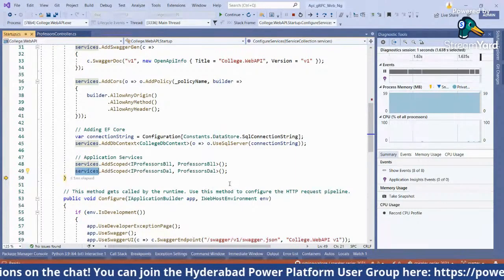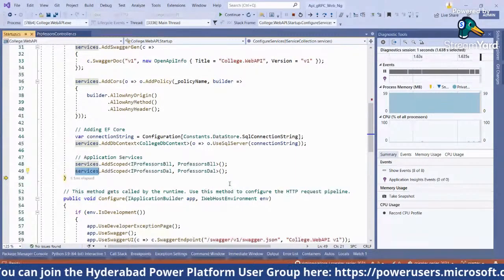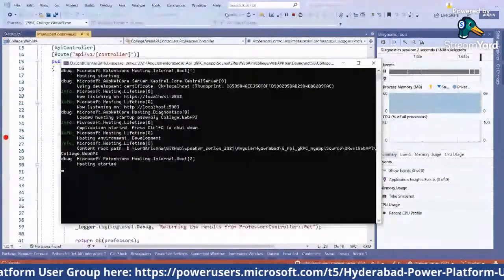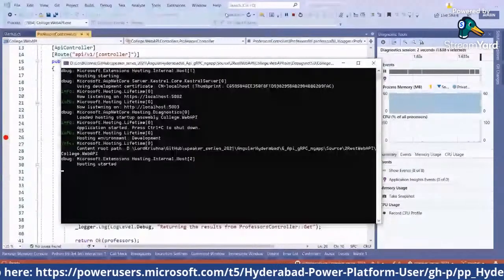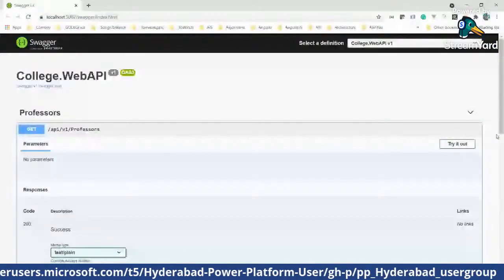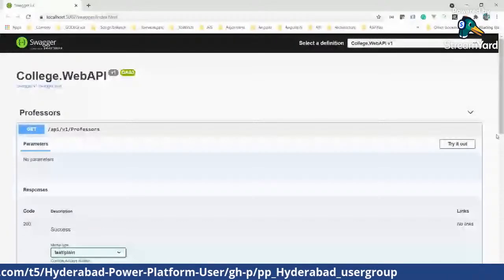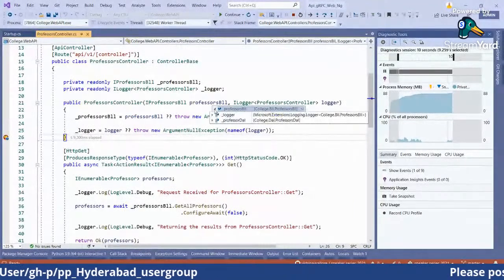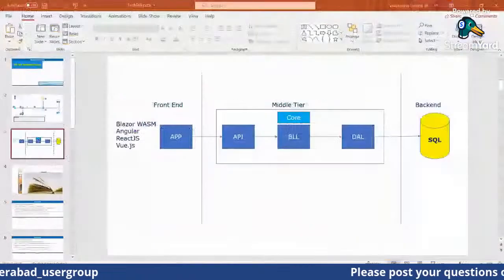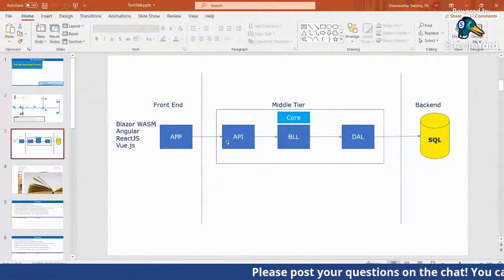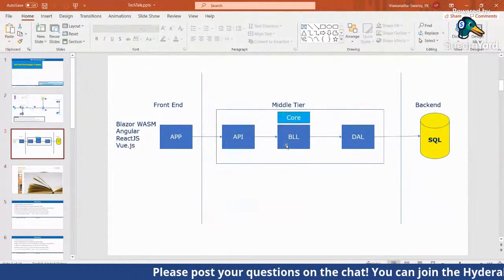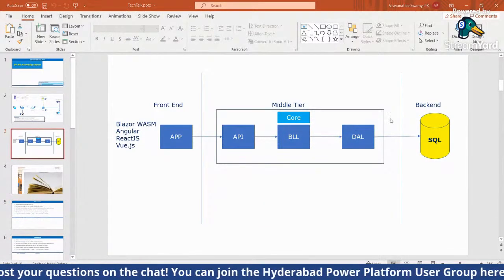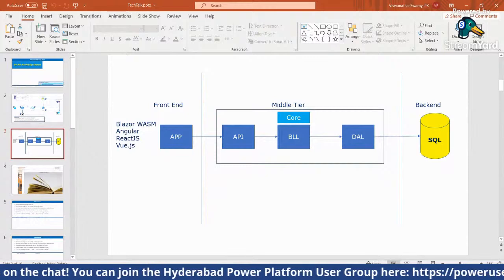So if I put a debugger over here and proceed further, it shows the Swagger, and if I want to get all the professors, and I do an execute of that, you see this, the Professor BLL has been properly constructed, and we have seen the dependency. If you see this dependency, the controller has got a dependency on the BLL, BLL has got a dependency on the DAL, DAL has got a dependency on the DB context, DB context goes and talks to the data store. So you can see that entire